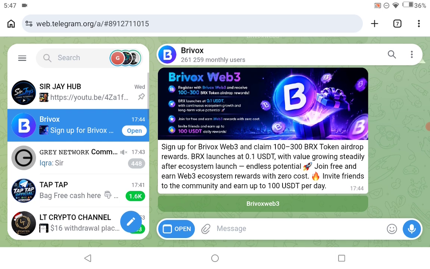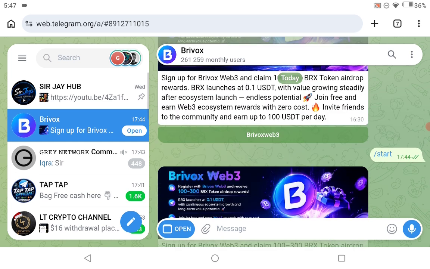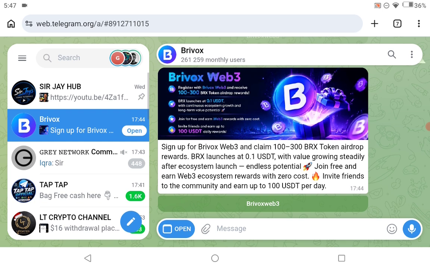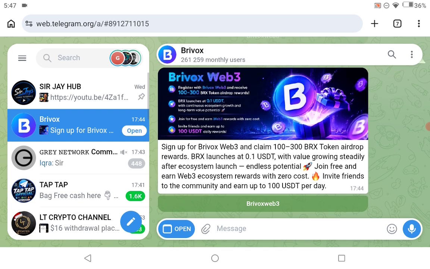Claim the free $12 from BRIVOX Airdrop and how to use it to mint your free NFT. And that NFT is withdrawable. That NFT is convertible. You can convert it and withdraw it into USDT, right? So let's go. If you click on the link that I'm going to drop, this link is going to be